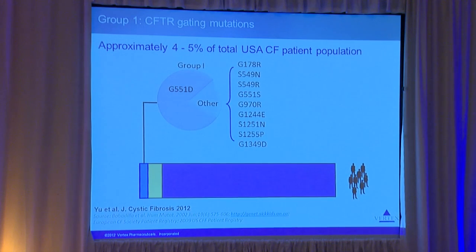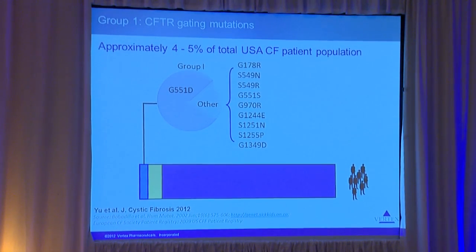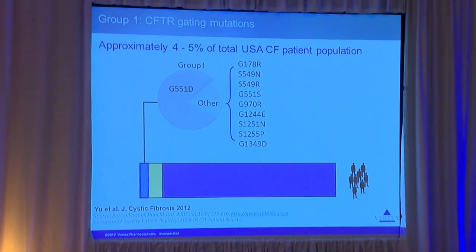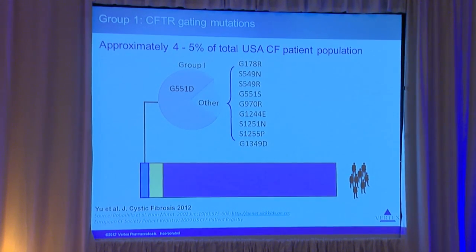And this is where some of the new thinking and the changes in the regulatory review have helped us tremendously. We were able to go to the FDA and say, look, we've established with this classical approach to clinical trials that the group who have the G551D mutation are an exemplar of the gating class. We can't do the same study in this incredibly small population, but having established that the exemplar of the class